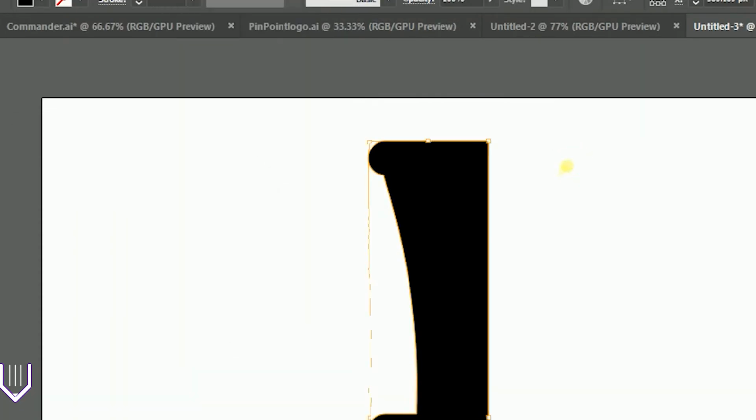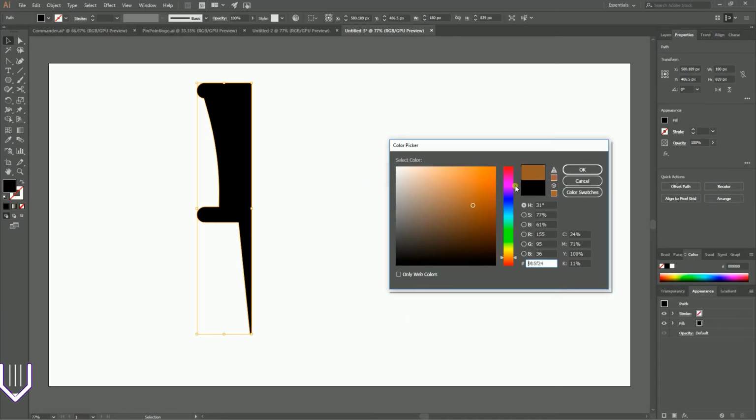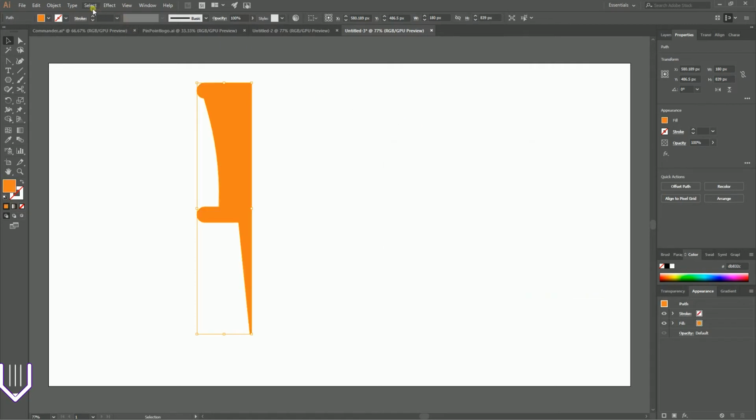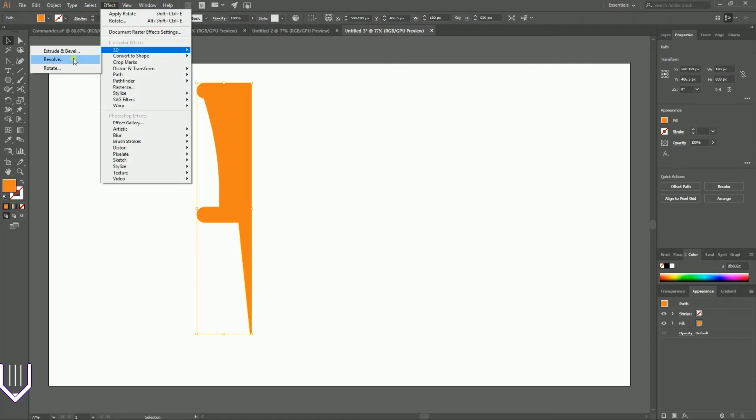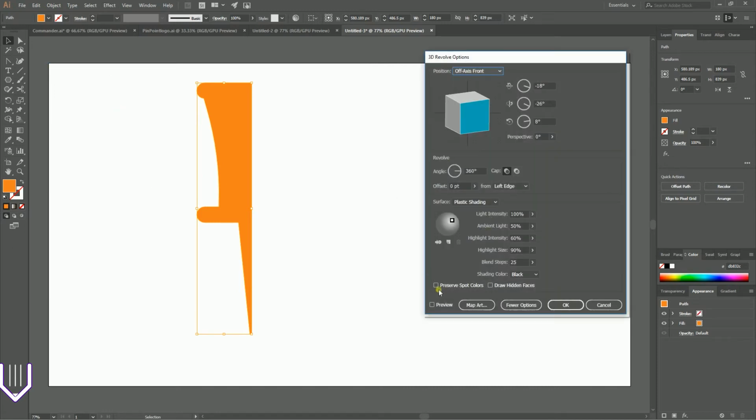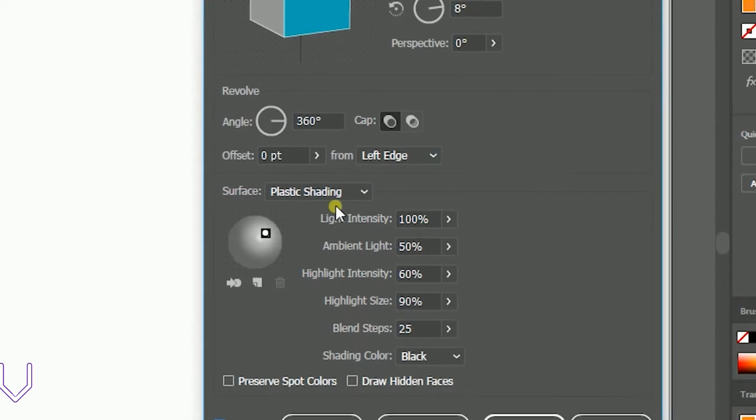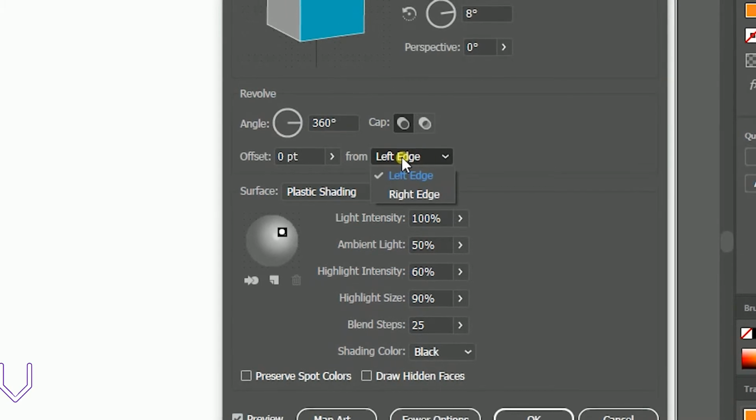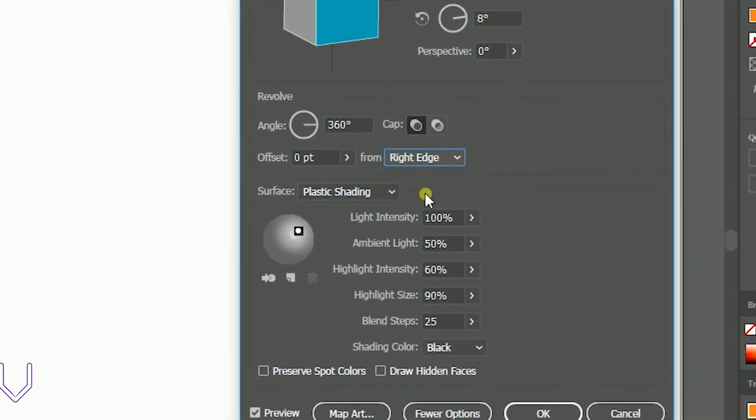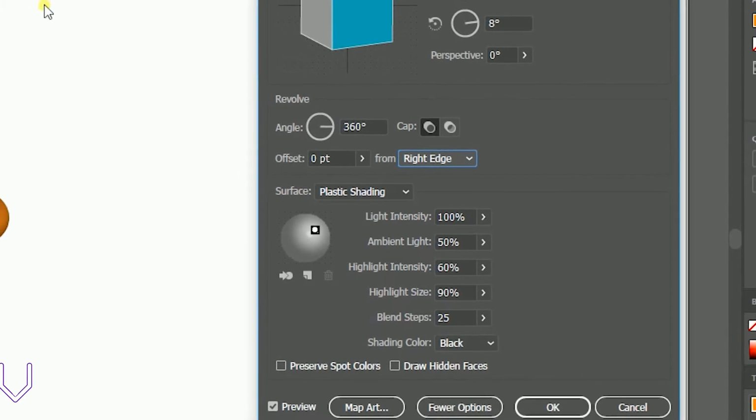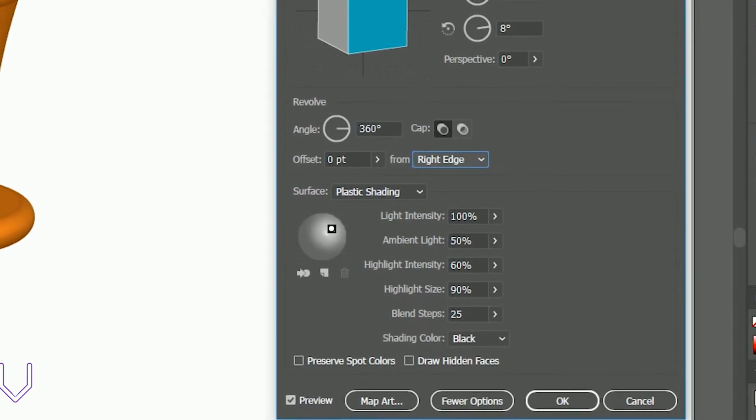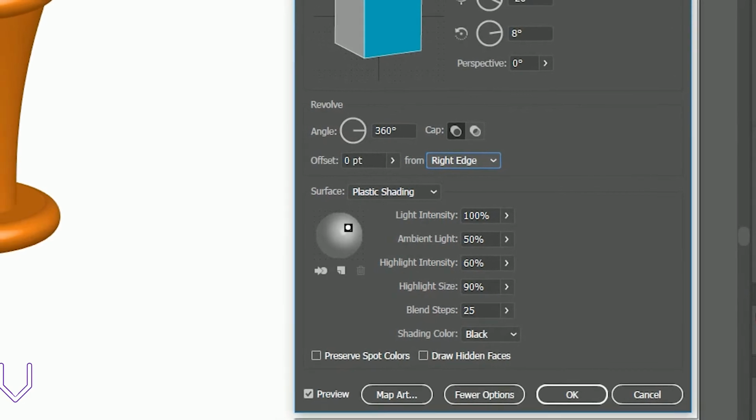But before, I think I need to change the color, something different from the white and black. Effect, 3D, Revolve. So what it does is revolve, it rotates our object around the axis, and we need to define left edge or right edge. So let's check the preview first. As you can see, here I have a left edge, and we need to define it from the right edge. So we have something, it looks like plasticky, covered with something plastic,